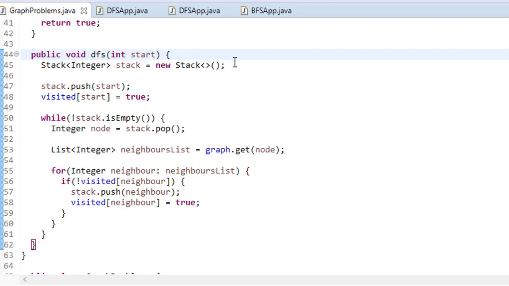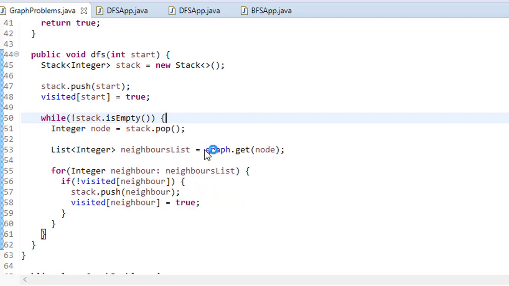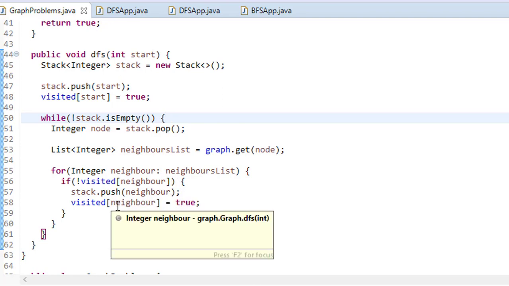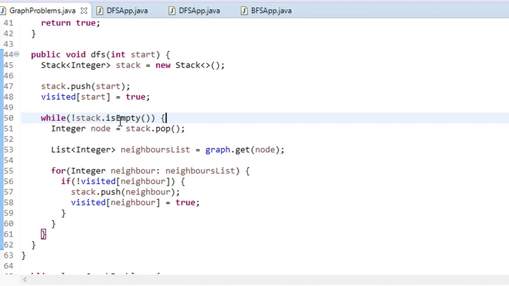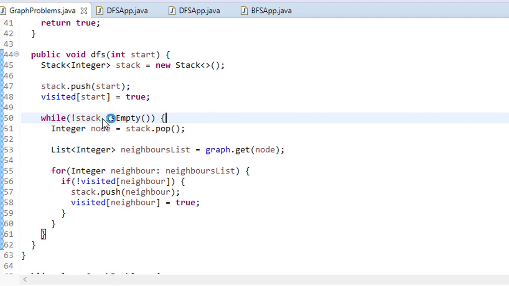You basically create a stack, and at the starting you push the starting value in the stack and mark this value as visited. Now you operate this until the stack is not empty, and you pop the first element from the top. When you pop the element from the top, you get its neighbors, or where it can go. Now you check for each neighbor if this element is not visited. In that case, you push this neighbor into the stack and mark that value as true, right? And then you pop again. So this is how it will cover each and every case until the stack is empty.